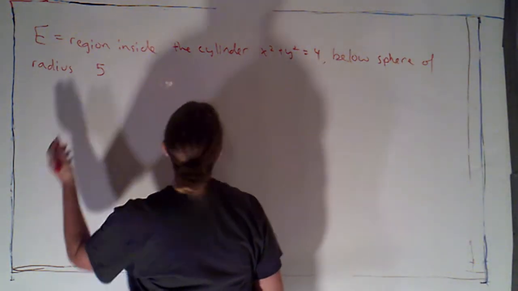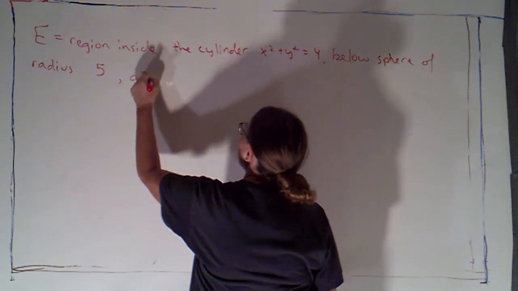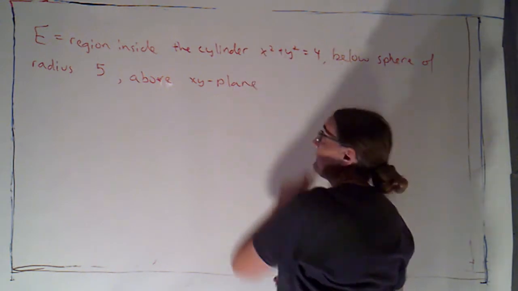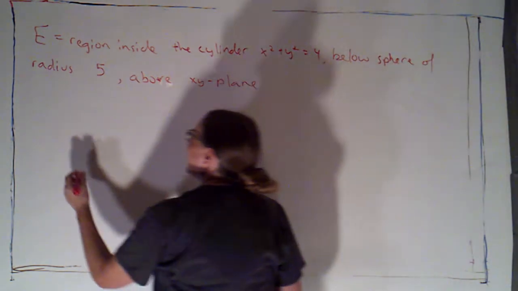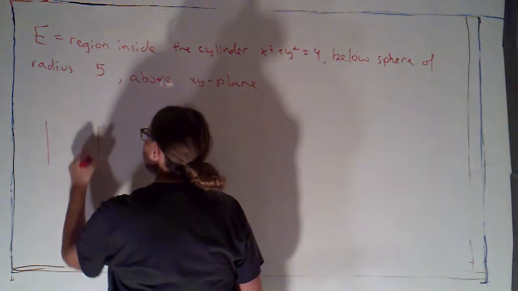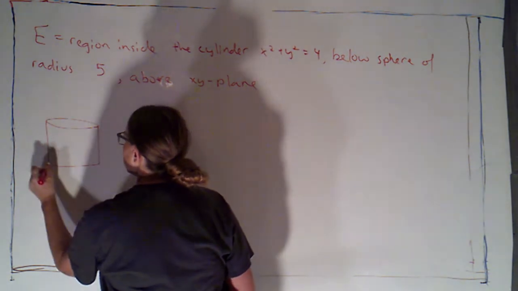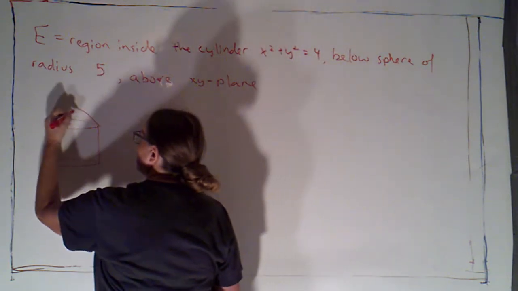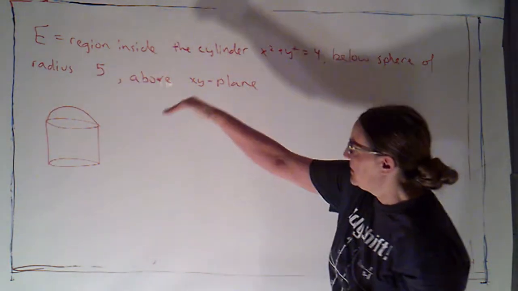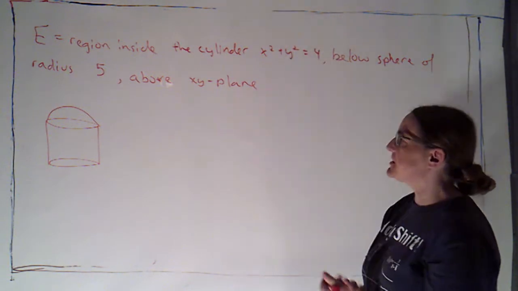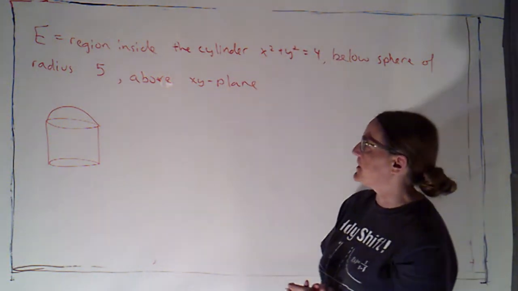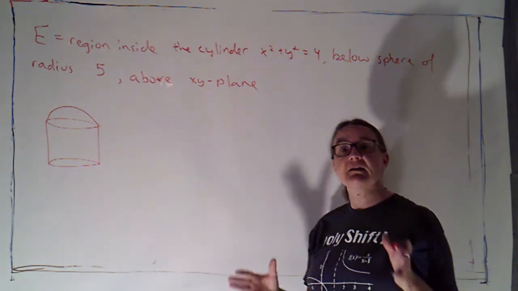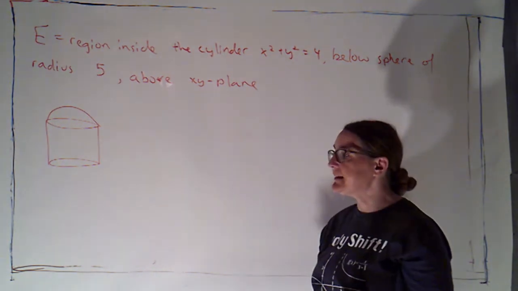So essentially, oh, and I should have added above the xy plane. I thought that, I just didn't write it. Okay. So basically what we have is this cylinder, but instead of capping it with a plane, we're going to have a sphere, a portion of a sphere for the top part of things. Okay. So again, I'm going to set this up in rectangular coordinates first, then in cylindrical coordinates, and then in